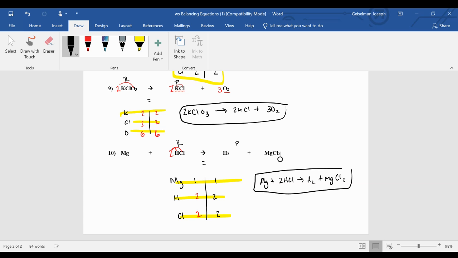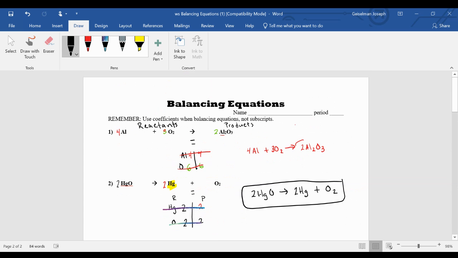All right, that's your whole assignment. Go back and look at all the problems. You'll see these again on your test tomorrow. Good luck. Let me know if you have any